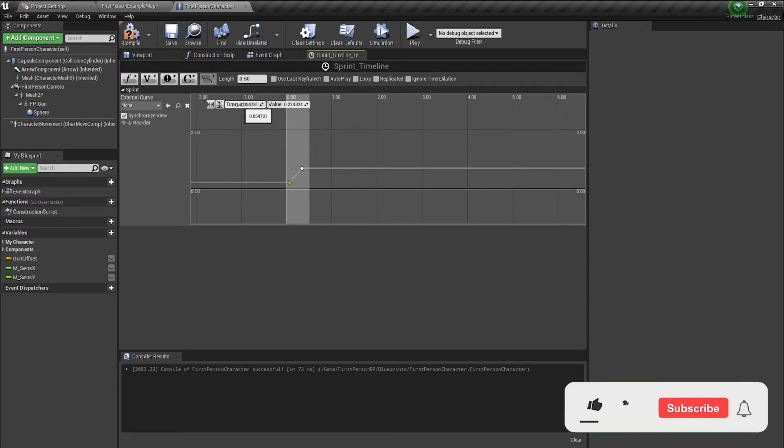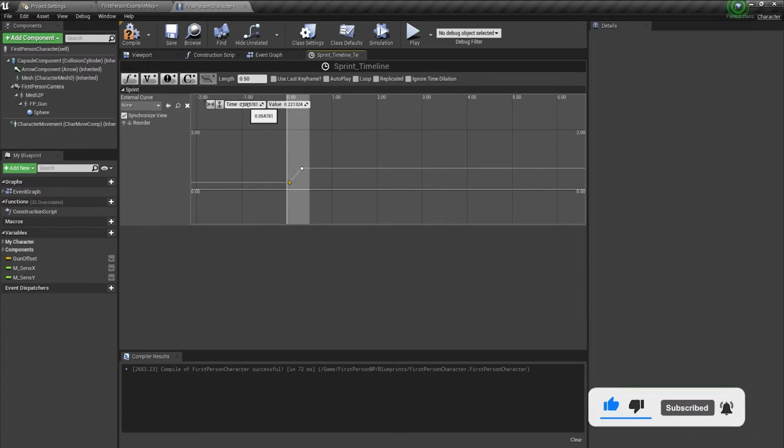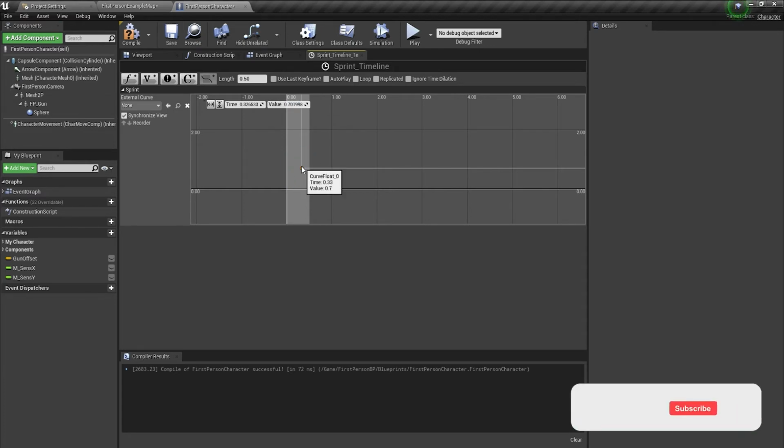As you can see, if our character is in the walking state, that will be frame 0, and you can see the default value of walking is 600. Press enter. Now select the second keyframe.